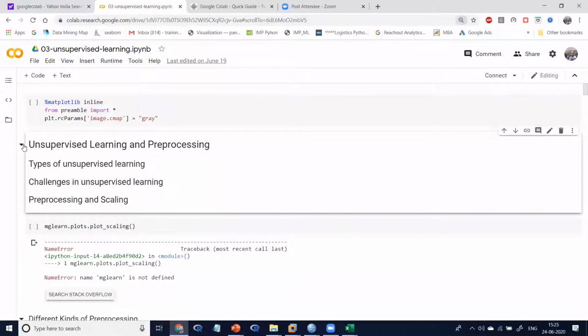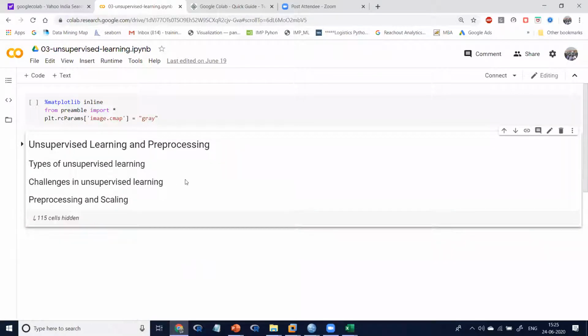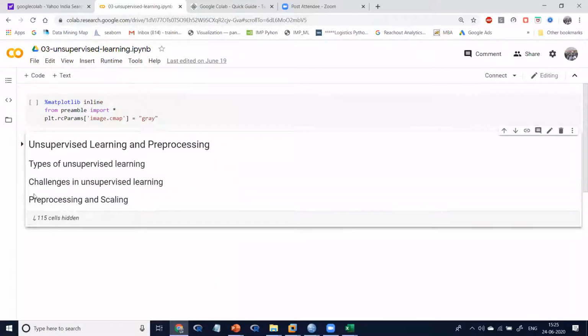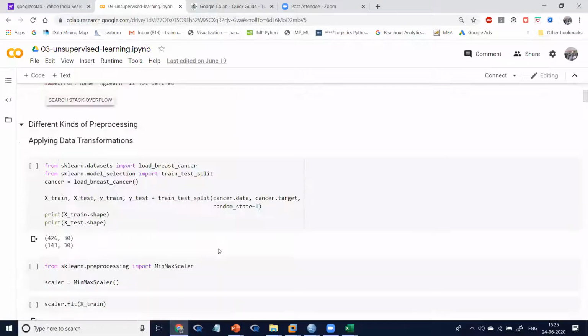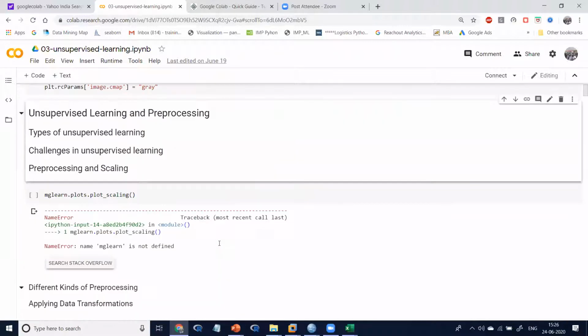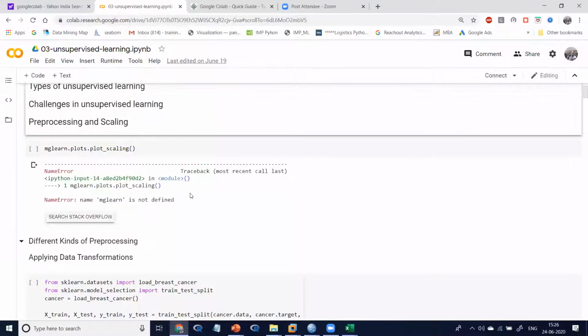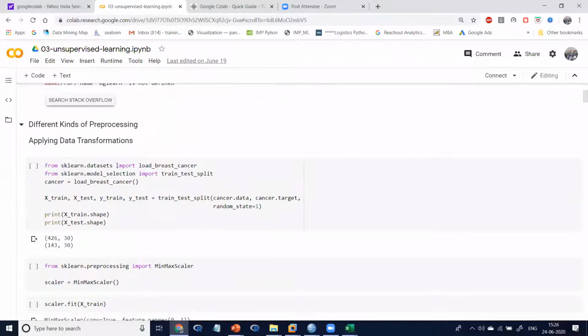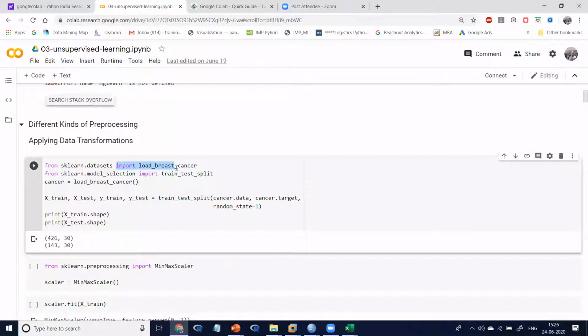Now, look at this. It's loading. One data we have taken.